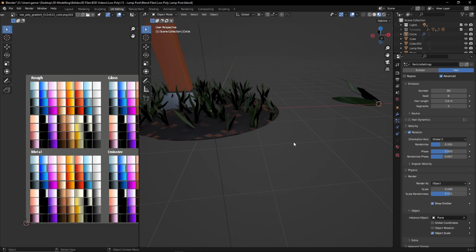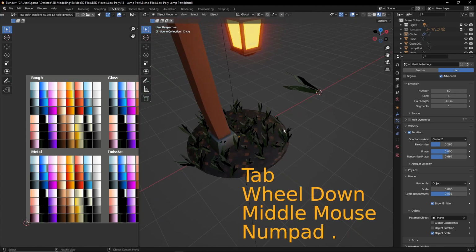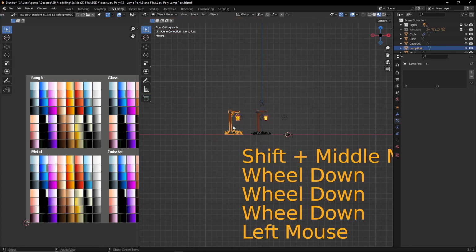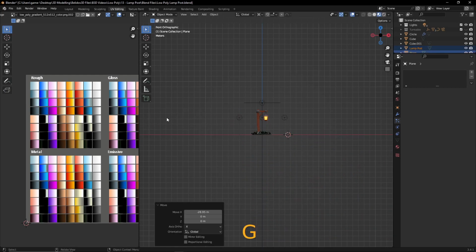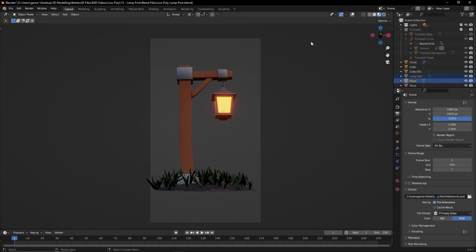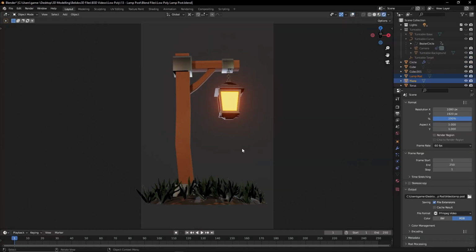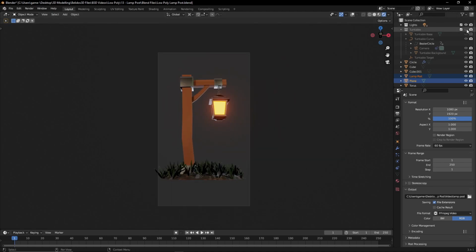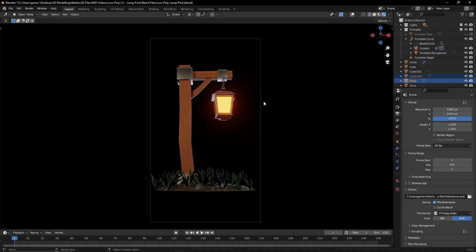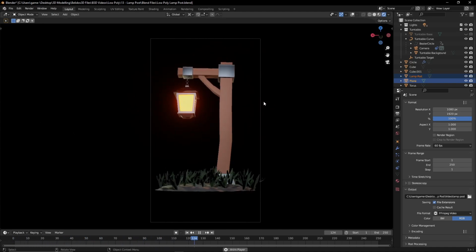So there we have it. There we have our lamppost. So let's just move this and this well off the screen like so. Go to our layout, turn on rendered mode, and let's turn my turntable on like that and press the play button. And then we have